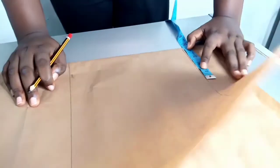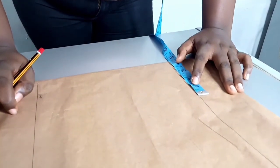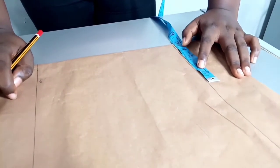So I'm going to find my bust span measurement. You'll be wondering what you need your bust span for. You definitely need your bust span, right? So mine is